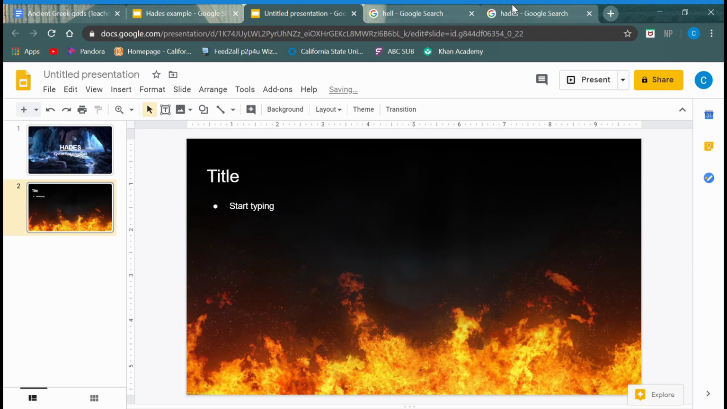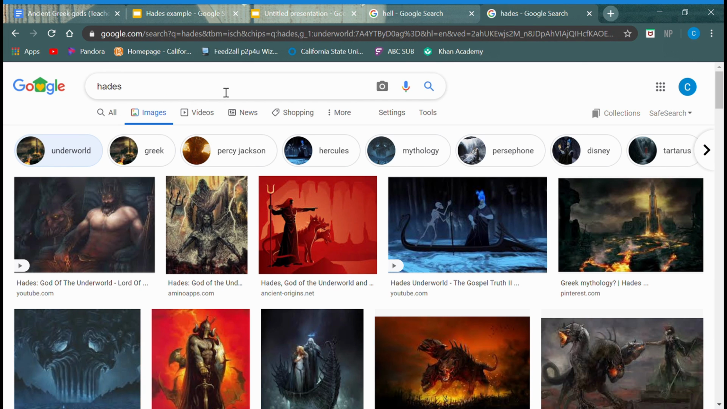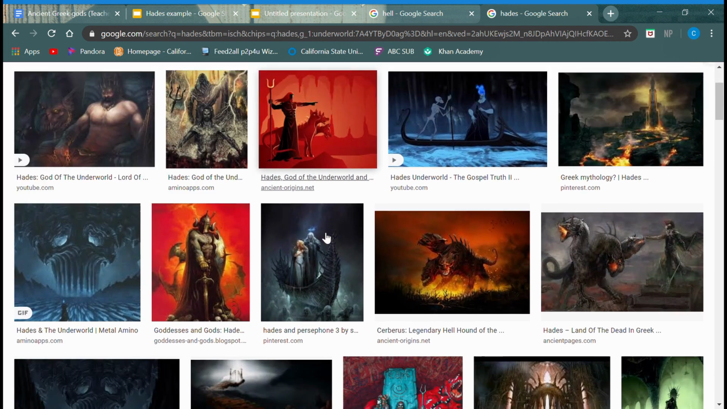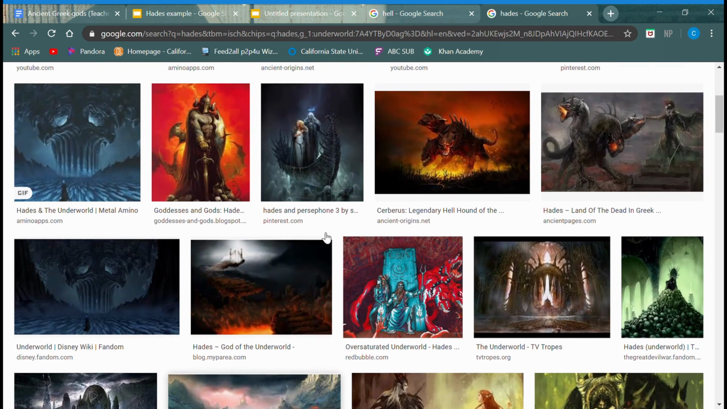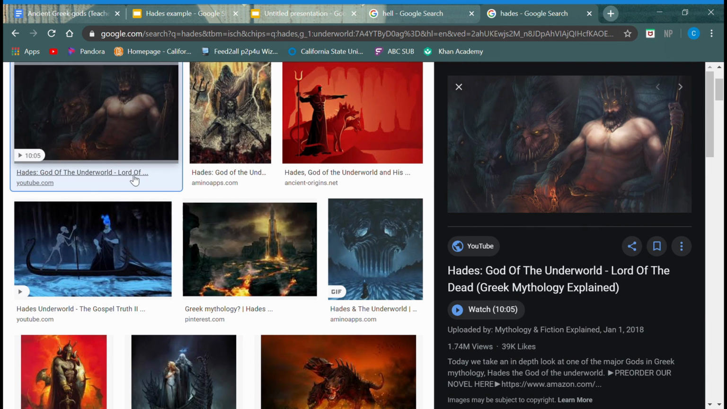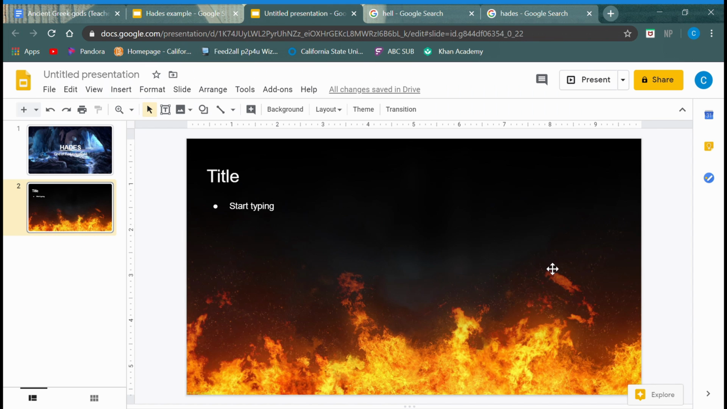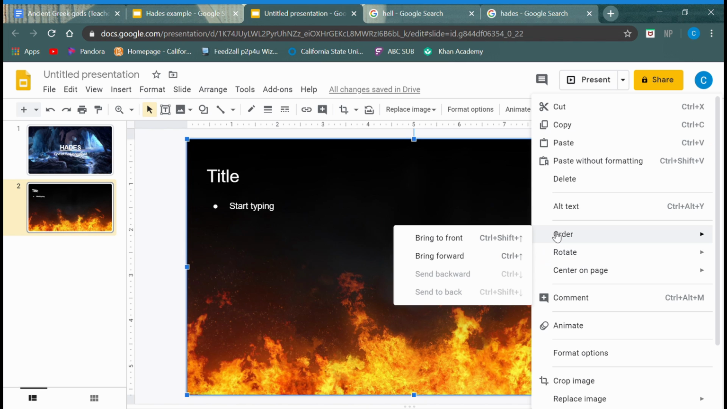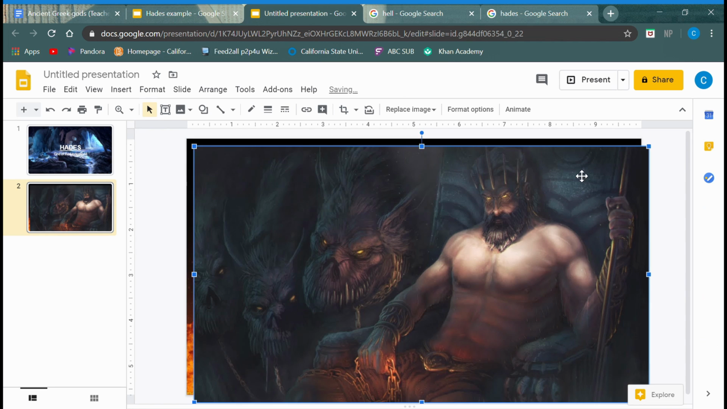Since I'm talking about Hades, I searched Google Images for a picture of Hades, and I scrolled all the way through. Lucky for me again, the very first image was a very cool one, so that's the one I wanted to use. So I just right click on it, copy image, click on this again, and then click paste. Alright,